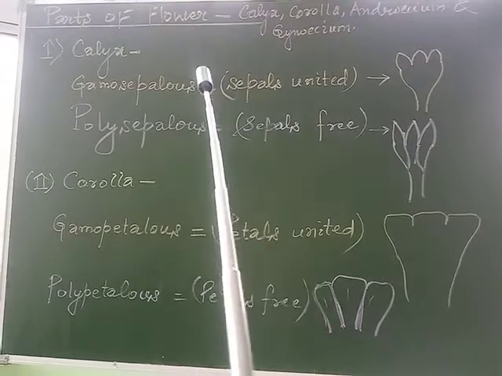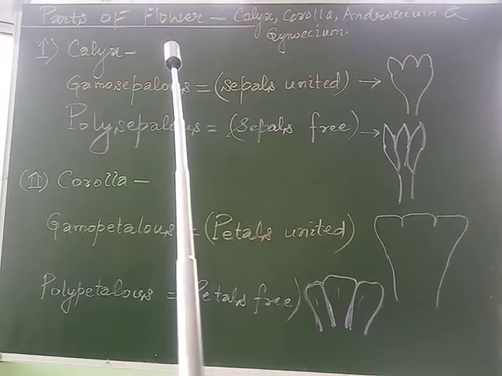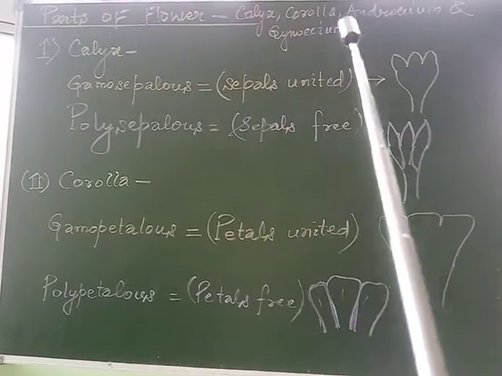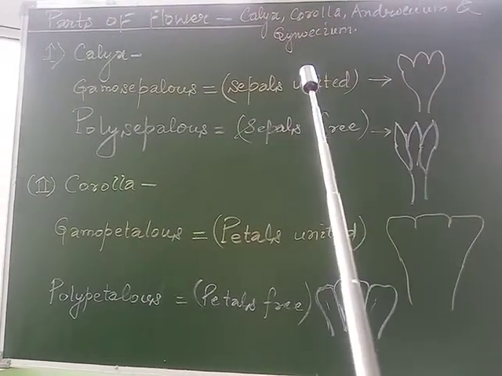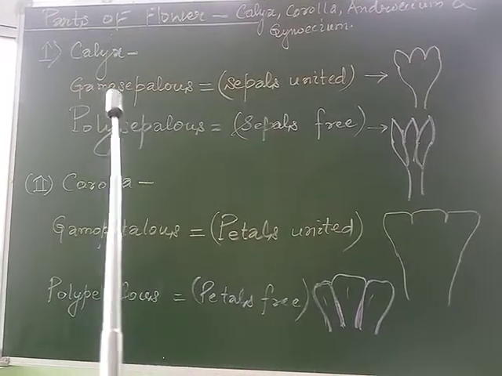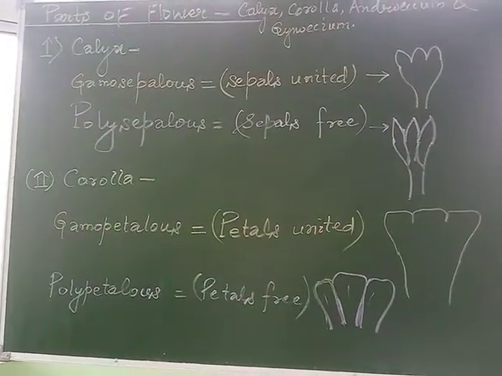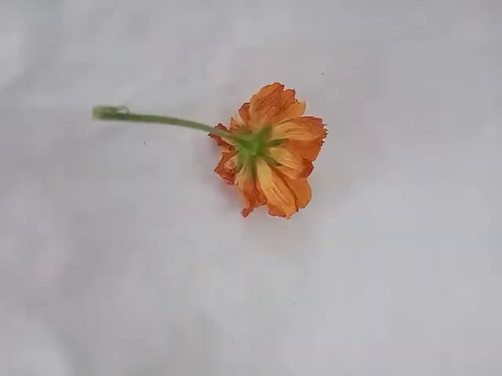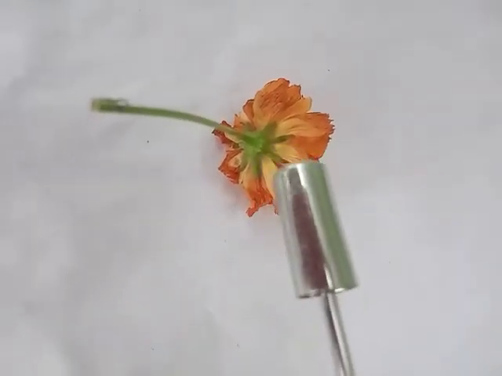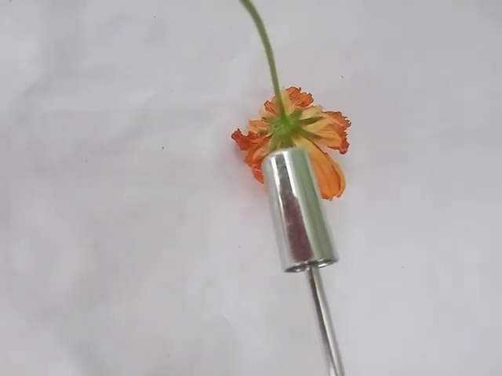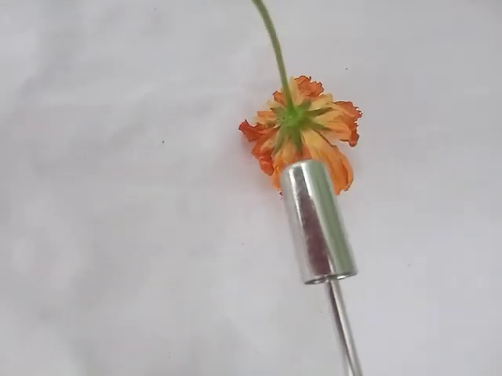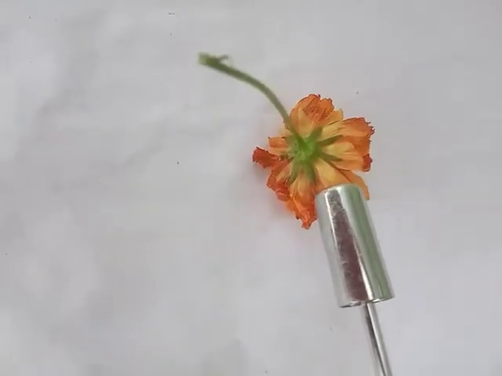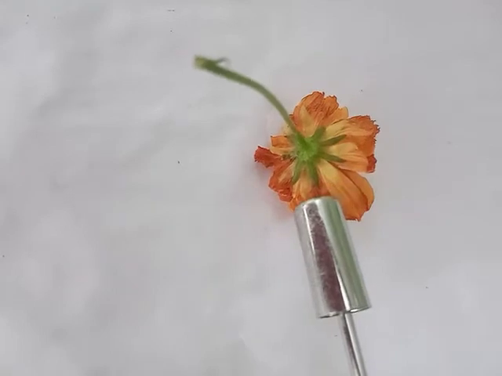As we have discussed before also, the flower has four whorls. They are calyx, corolla, androecium and gynoecium. There we discussed the calyx, which is the outermost part of the flower. As we may observe, the green colored structure is called the calyx, which is the outermost whorl that protects the flower during its bud stage.